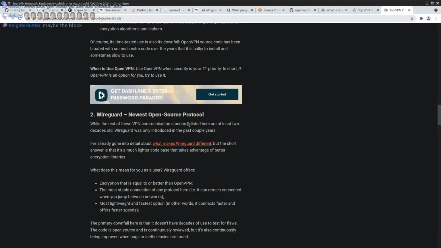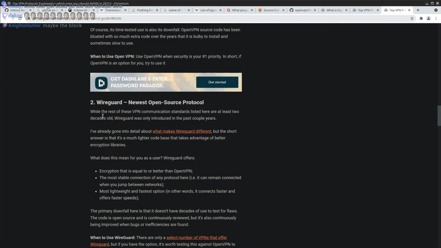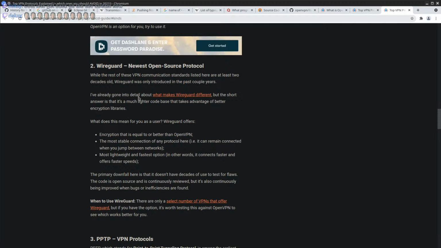WireGuard, just another one that sounds very appealing. While the rest of the standards listed here are also two decades old, WireGuard was only introduced in the past couple of years. We'll go into detail on what makes WireGuard different.